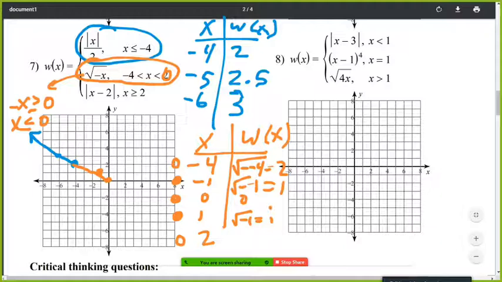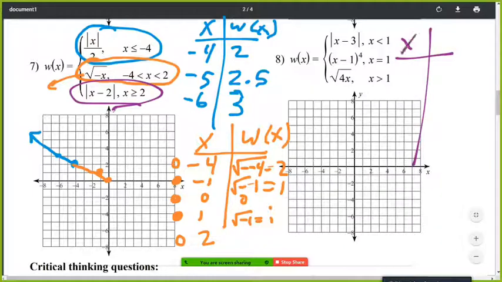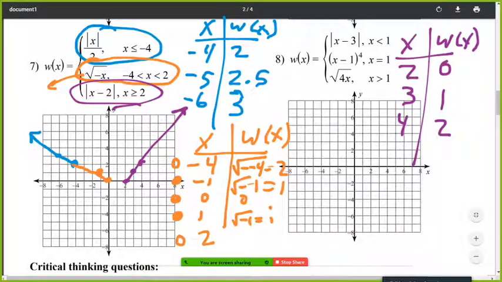Alright, so then we finish our graph by graphing y equals the absolute value of x minus 2, where x is greater than or equal to 2. So if we made another table here, and we plugged in 2, 3, 4, we would get 0, 1, and 2. So now we have (2, 0), (3, 1), (4, 2), and that red, orange, and purple part all together would be our graph of